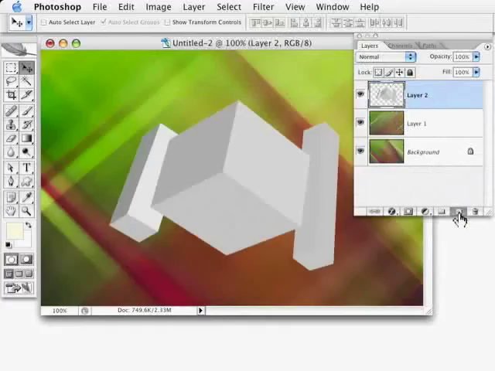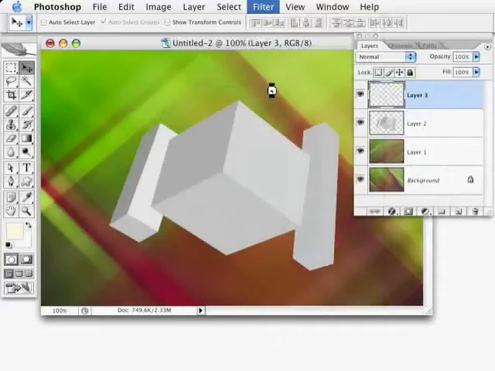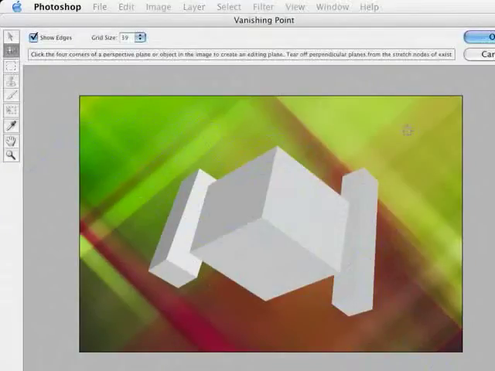I'm going to make another new layer. Now I could, and I may actually use this as part of a collage, but what we want to do is make an interesting 3D grid out of that. And we do that using the Vanishing Point filter. So here in Vanishing Point, all I need to do is basically just use the grid tool to draw over